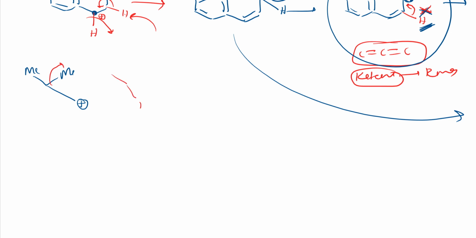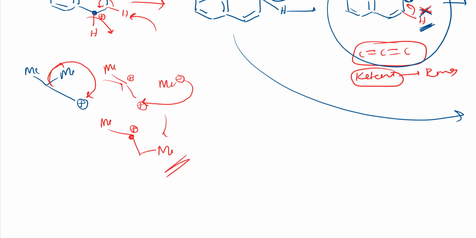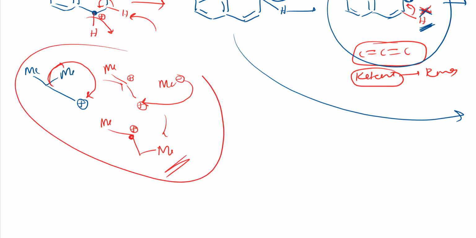So here positive charge is there. Now this methyl becomes negative like this, and here positive charge. So when this positive and negative combine, it becomes neutral. So here methyl came, and here methyl and positive charge is there, right? So instead of showing like this, we show directly. So methyl with electron density comes here, so positive charge will be there on this carbon. That is how we do the reaction. So this is for understanding, no need to worry.